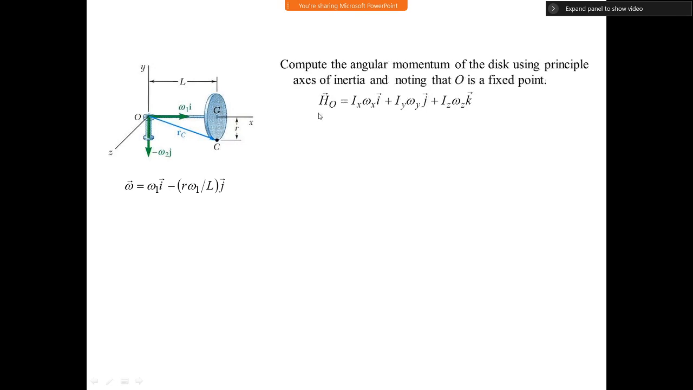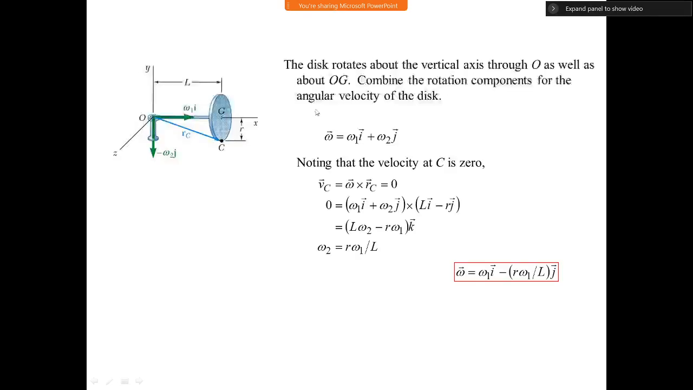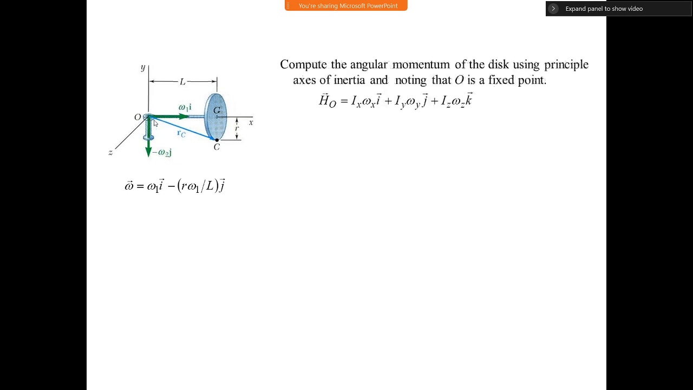So now there are different ways from where we can compute the angular momentum. The first thing is, let us compute angular momentum about the point O. That is one way that we will try to do. And the second step, we will try to calculate angular momentum about point G. So to calculate angular momentum about point O,